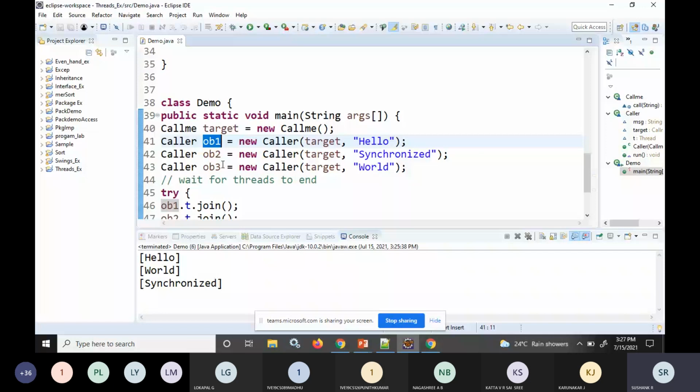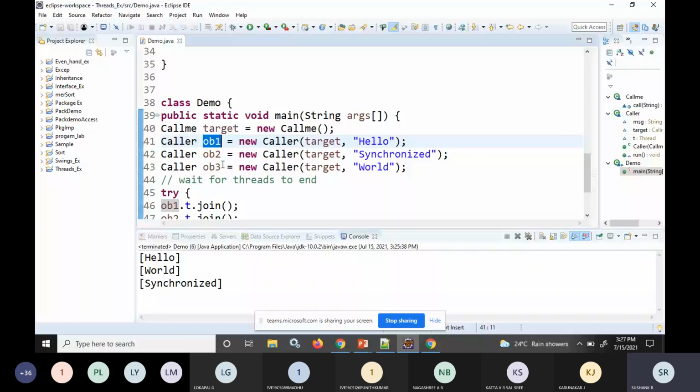Both of you are not ready to share the pen drives. Friend two is asking friend one to give the pen drive, whereas friend one is asking friend two to give the pen drive. In this condition, neither of them will watch the movie. It is the same situation: they have acquired the lock and are waiting for the other. The two threads have acquired some lock, and they are waiting for the resources held by the other thread. These kinds of situations we call the deadlock.